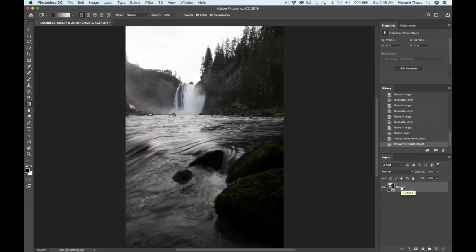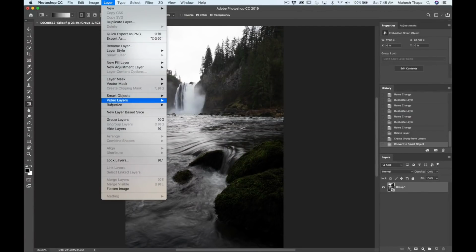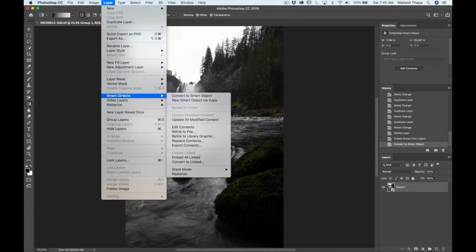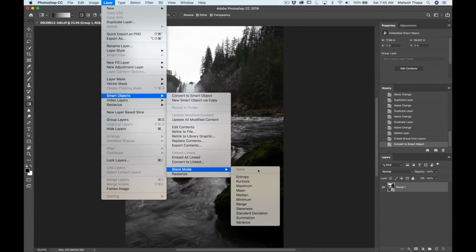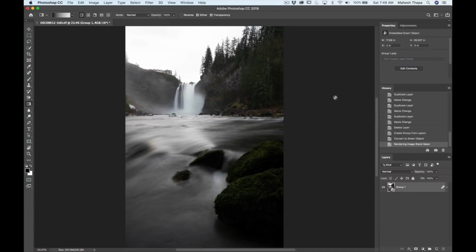The next step is also very simple. We go under layers, smart object, stack mode, and we choose the mean stack mode or the average stack mode. And here you go, you get the same smooth buttery effect on the water as you did with the manual